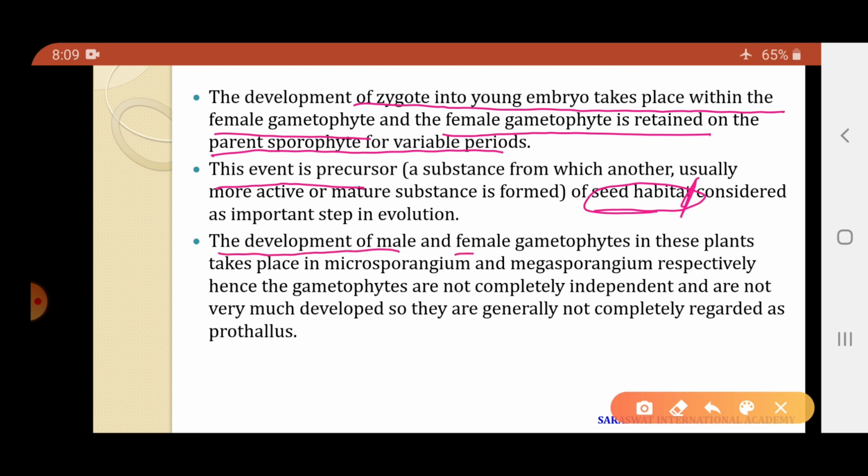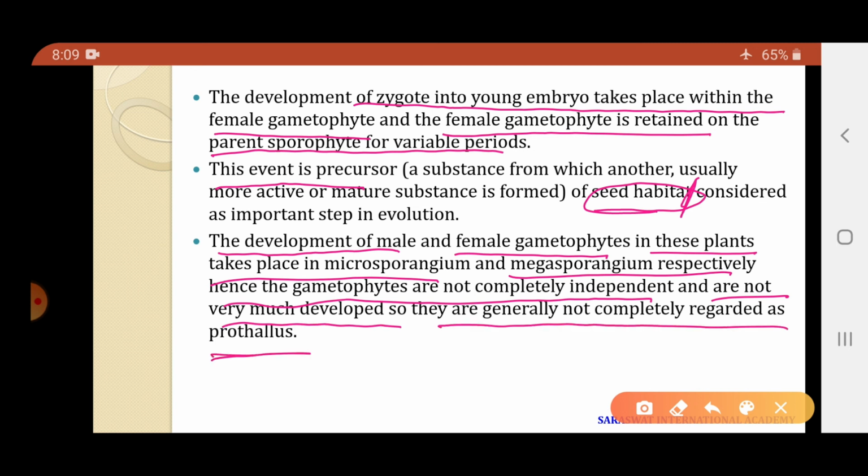The development of the male and female gametophyte in these plants takes place in the microsporangium and megasporangium respectively. Hence the gametophytes are not completely independent and are not very much developed. So they are generally not completely regarded as a prothallus. Now जो heterosporous